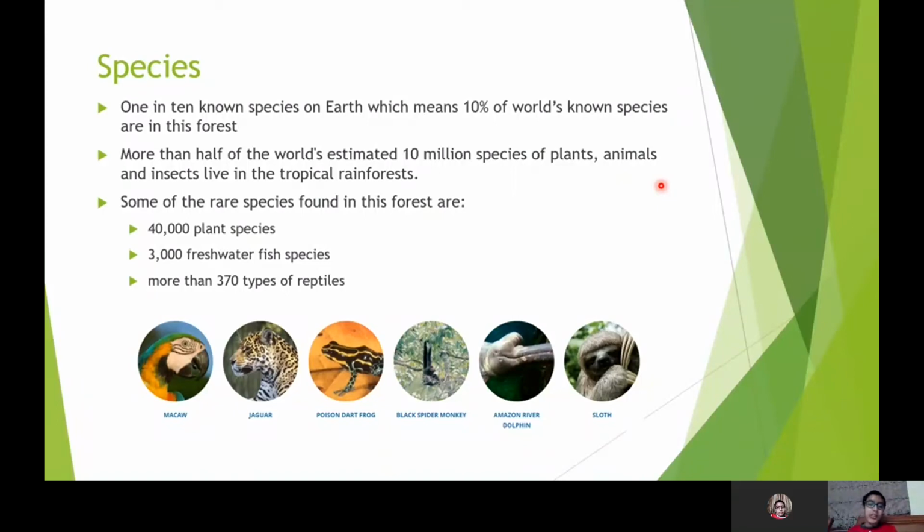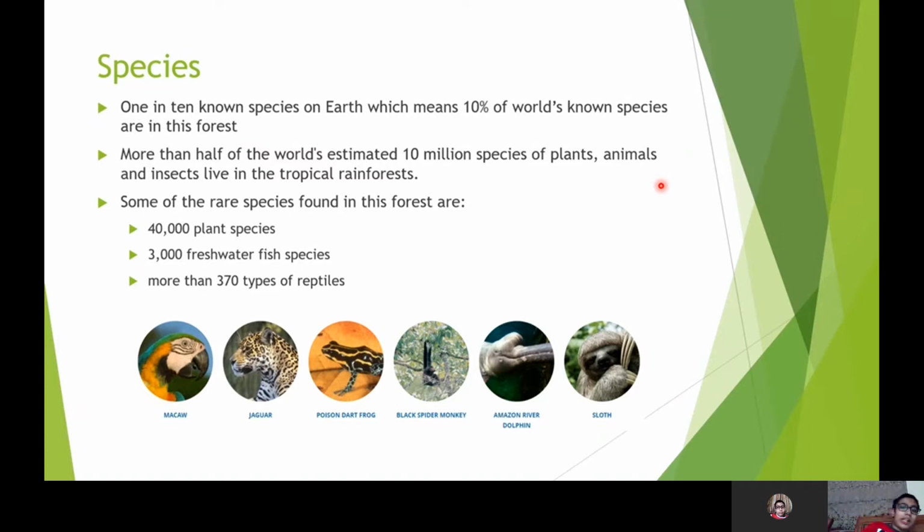Species that can be found in the Amazon forest: 1 in 10 known species on Earth, which means 10% of the world's known species are in this forest. More than half of the world's estimated 10 million species of plants, animals, and insects live in this tropical rainforest. Some of the rare species found in this forest are 40,000 plant species,